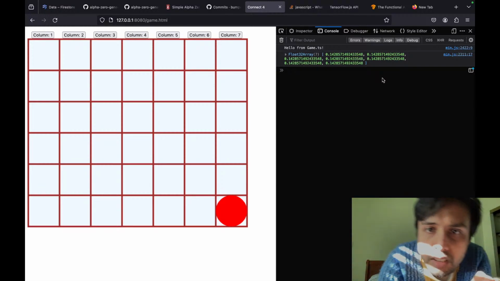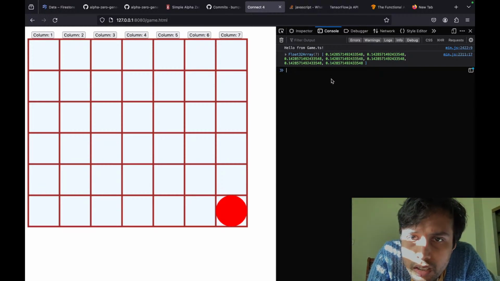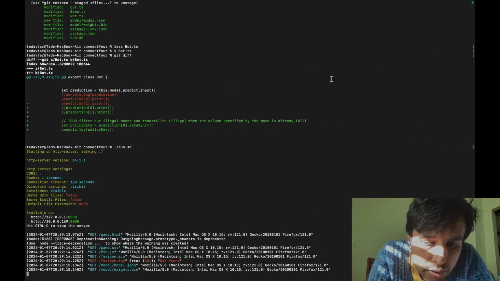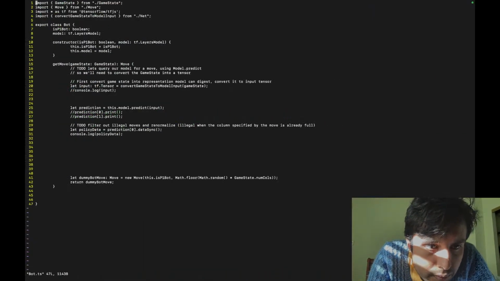Okay. So we have to filter out all the illegal moves and renormalize.